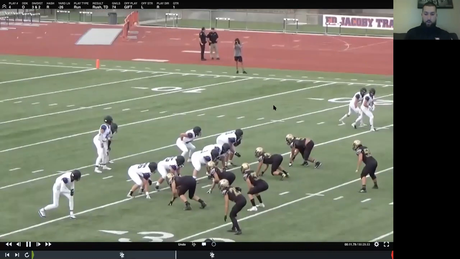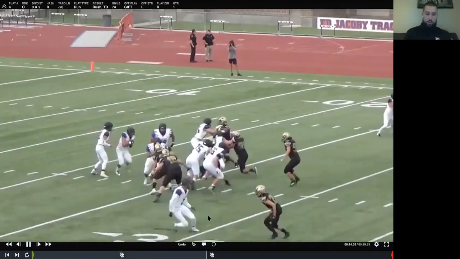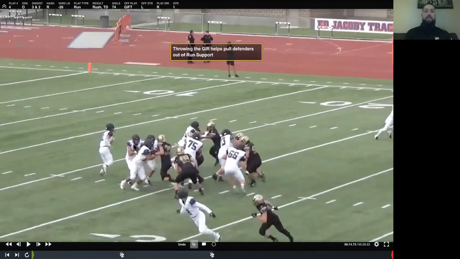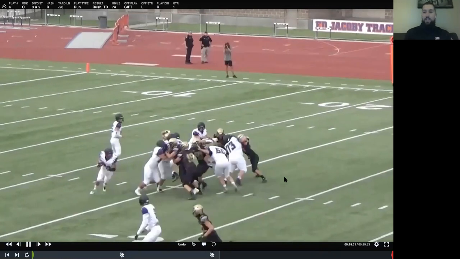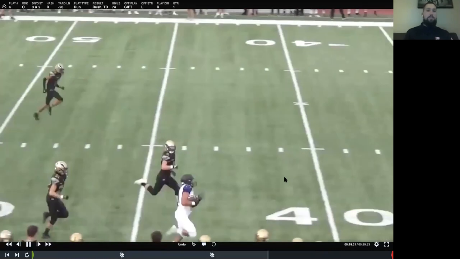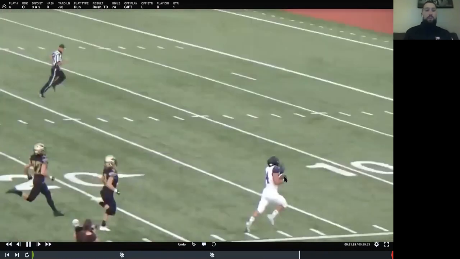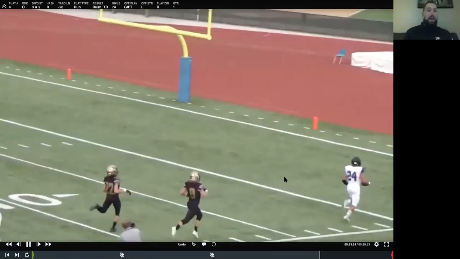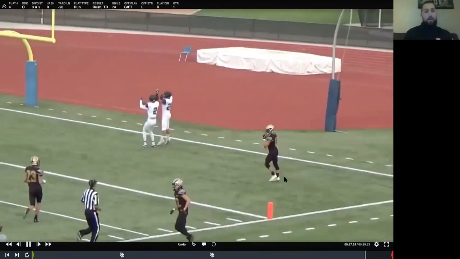But watch what it does to this corner right here. Okay, this corner's got eyes on the gift. We've been throwing the gift, and even though that makes us bounce, right? Even though we have to bounce right here, he's out of position, and now we can just go to work. Safety takes a bad angle coming from the field, right? And you let your dude be a dude, but dudes are even better dudes when they've got less bad guys they got to worry about, right?